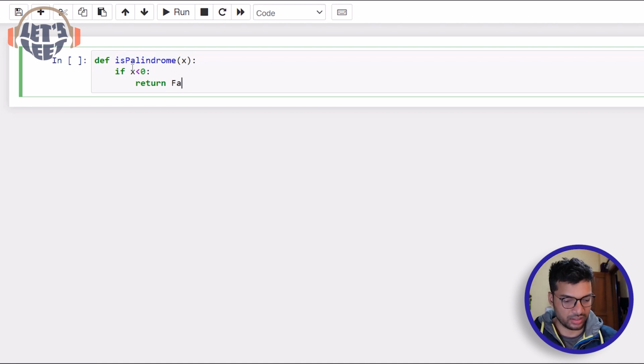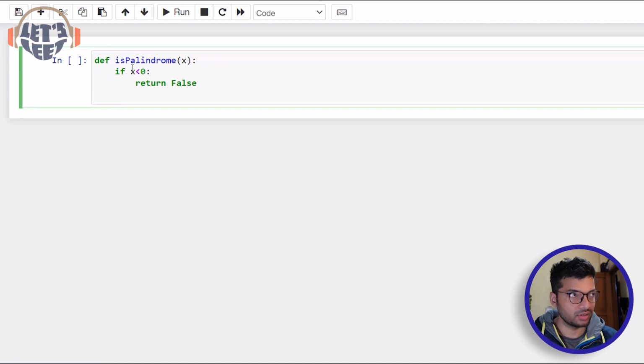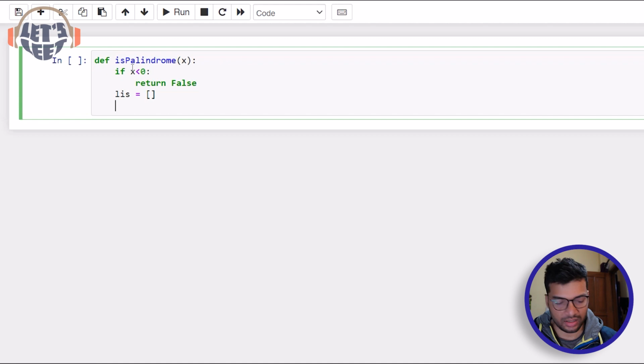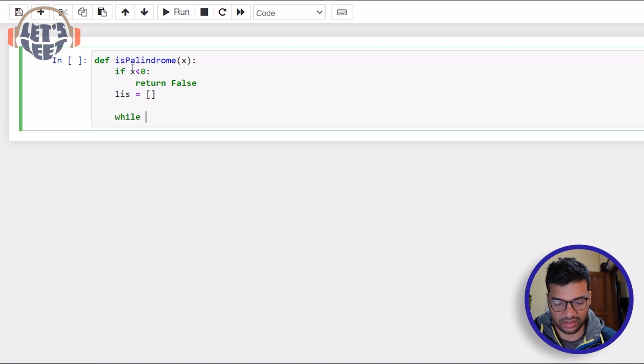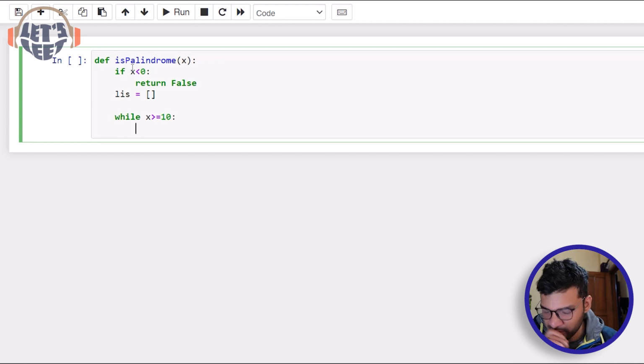Then we can initialize an empty list, and then we can run a while loop. In this while loop, we'll break the whole integer into individual characters. That can be done by repeatedly dividing the number by 10 and storing the remainder until the number becomes less than 10. So we can do list.append